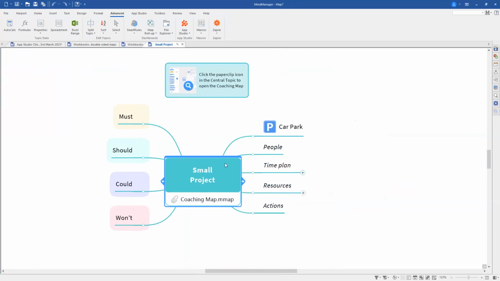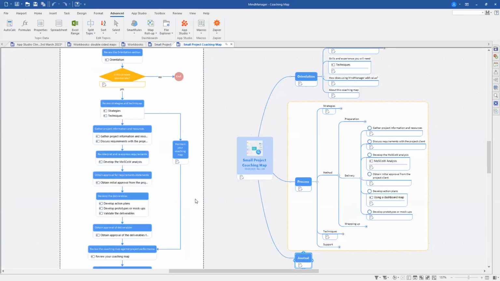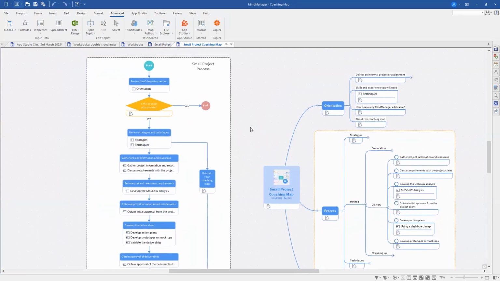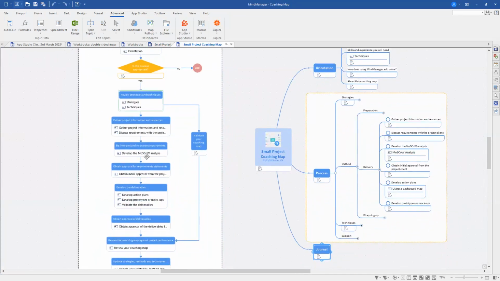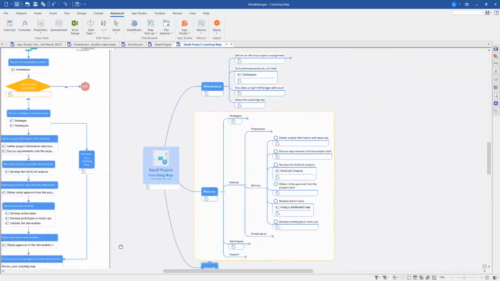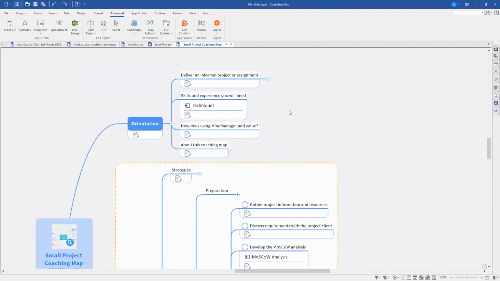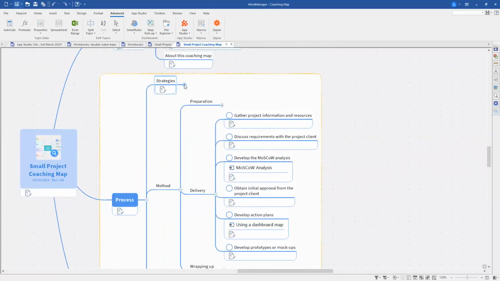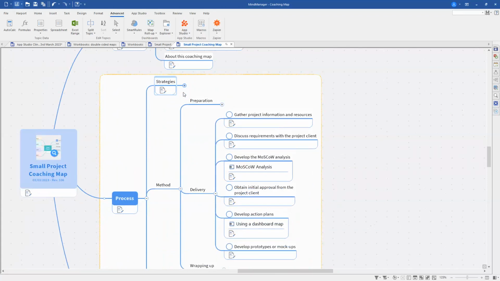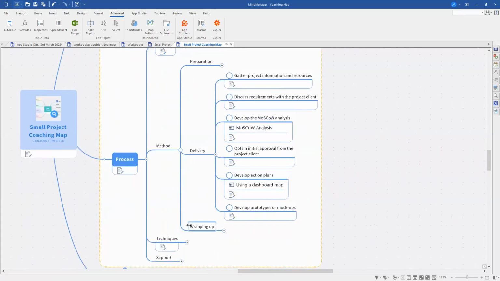Then on the back of this map, and the back is implemented just with an attachment in the central topic, and we click on that. On the back of this map, but contained within it, we have the description of the process. So this is a whole separate map but it belongs to the front. It's got a flow chart about how you get through delivering a small project. It's got some orientation about whether this is the right tool to use, the right environment, what you need to know. And then it's got information about strategic approaches in small projects, the methods, tools you might use, techniques,